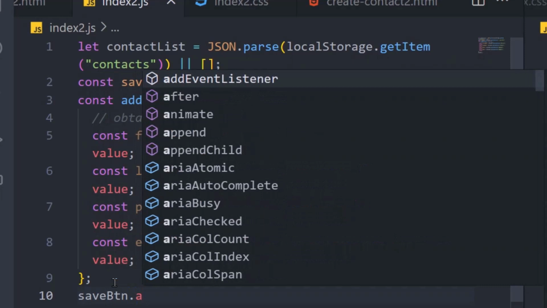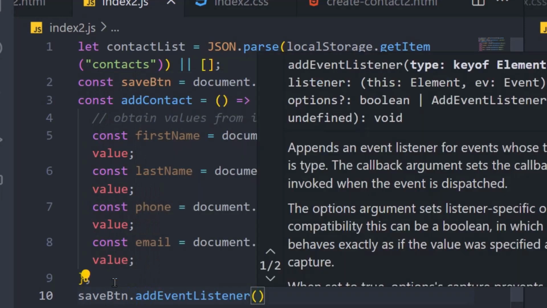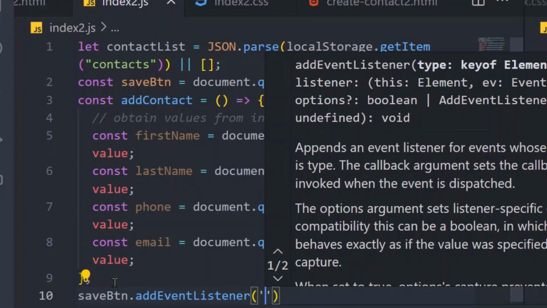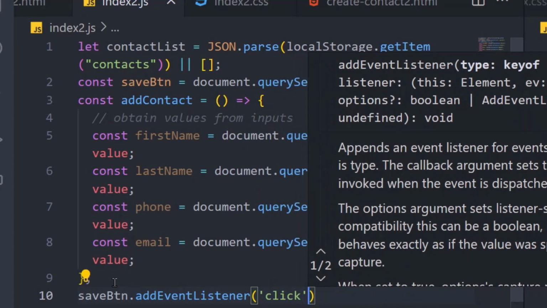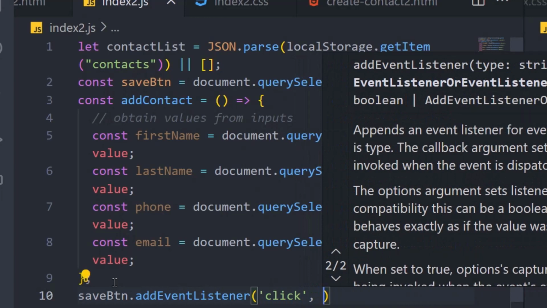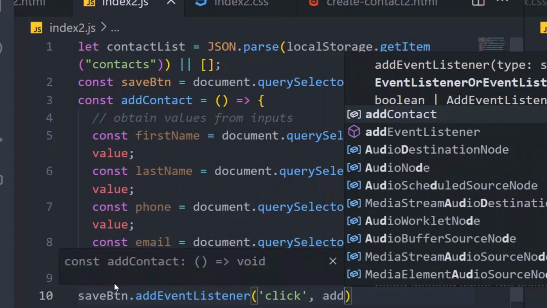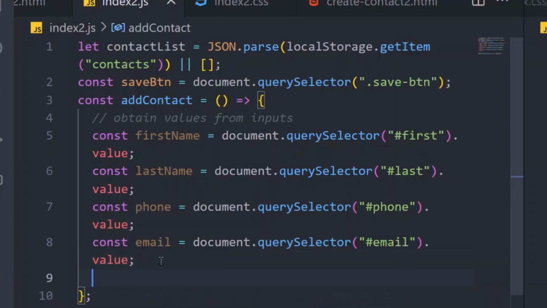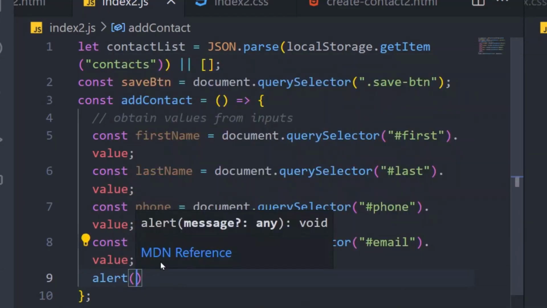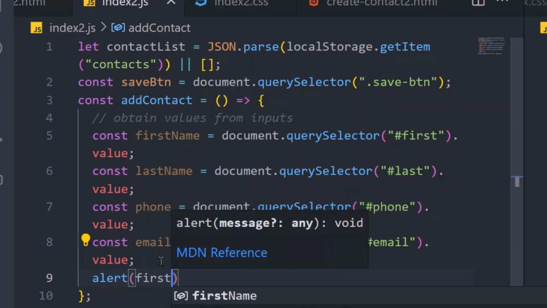I can go ahead and addEventListener, and the event that I want to listen to is a click event. Okay, I want to listen to a click event, and after the click event has been triggered, I want to fire this addContact function. Great. Now what I'm going to do now is to alert. I only want to alert the value of the first name so that we will be sure that indeed we